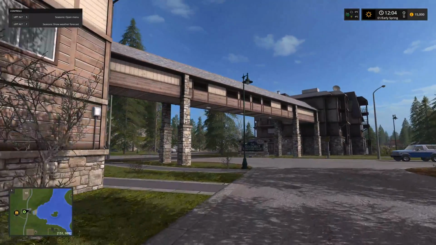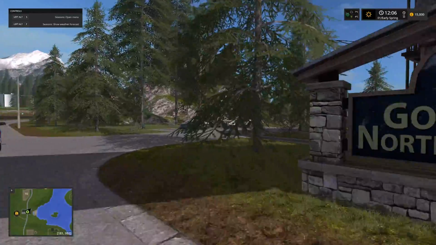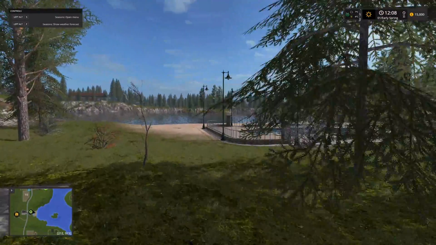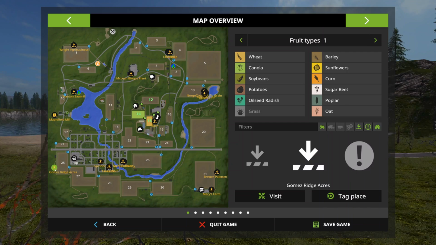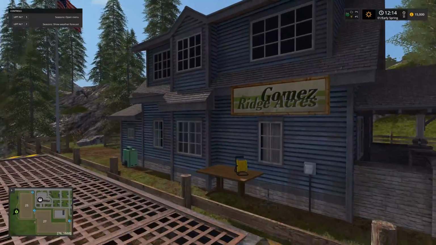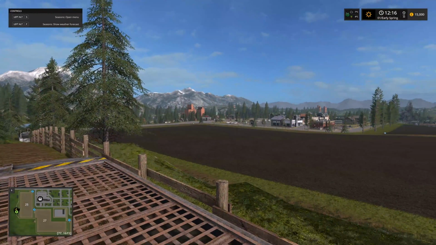This is the hotel, and then there's a little kind of beachfront thing that goes on here, and swimming pool and so on. So that's a standard Goldcrest item. Gomez Ridge Acres is a standard sell point from the Goldcrest map,